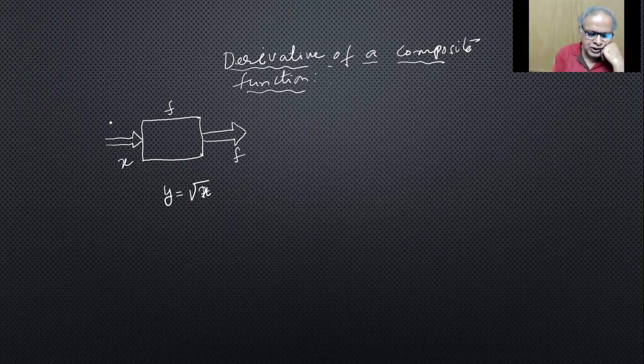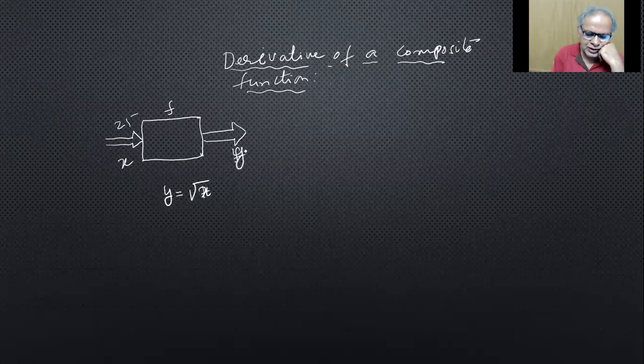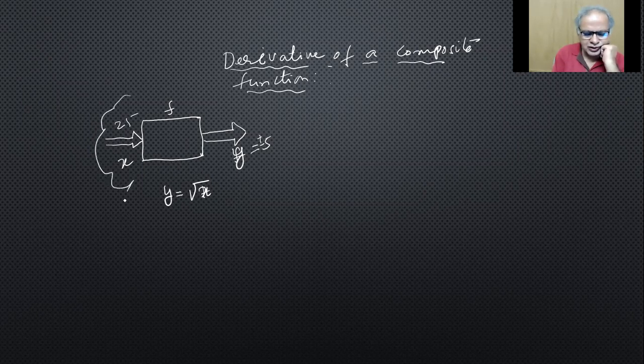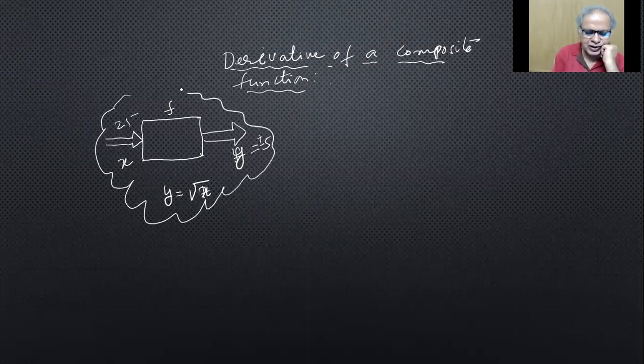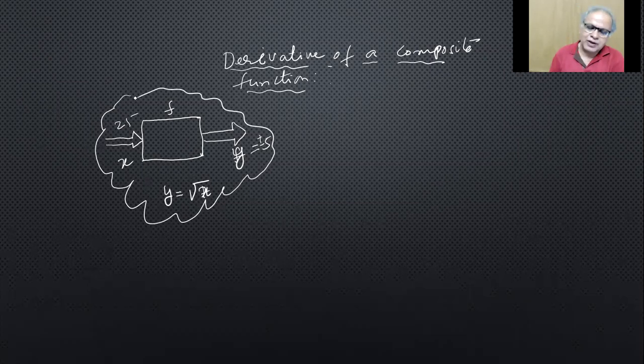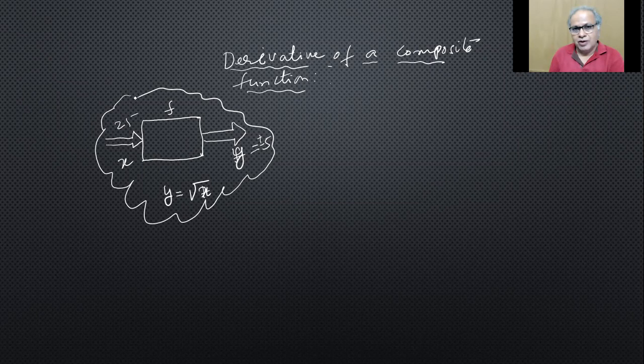So if I put x equals 25, I'll get y as plus or minus 5. And something else you put, something comes out. So this is just only one function we had: a square function, a sine function, a tangent function, an e power x function, an a power x function, a log function, like that we had.